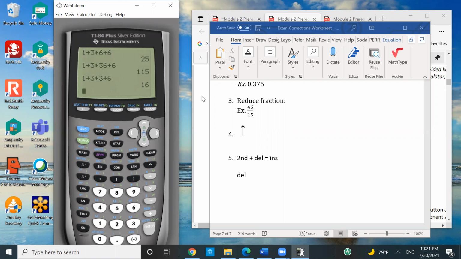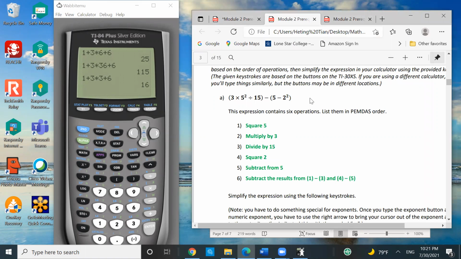So let's see some examples from the Module 2 prerequisite assignment. This one, so I just input all of these in the calculator. So parentheses, 3 times 5 squared. Squared is here, 2. And then hit this button, divide by 15. Close the parentheses and subtract